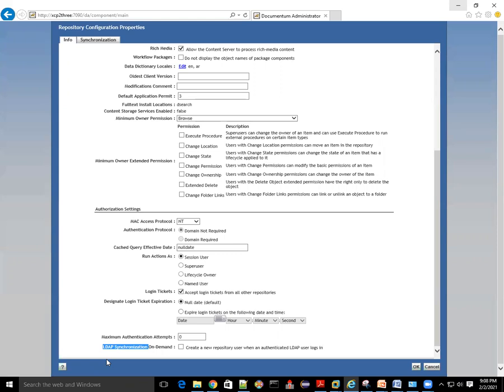Let's say a new employee joins and their entries get created at the LDAP side. How will it come to Documentum? Therefore, we have one job that executes daily and syncs LDAP to Documentum. The new users will be added to Documentum, and all the users who resign from the organization